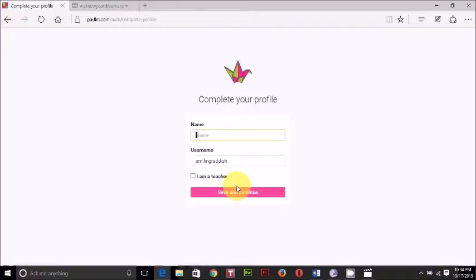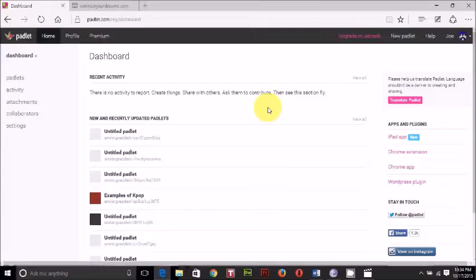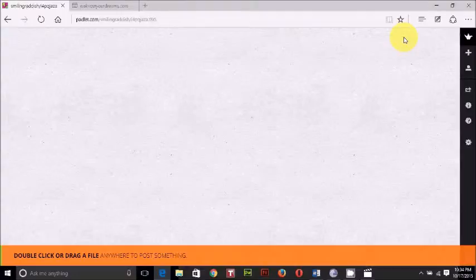And if I'm a teacher, so I'm just going to let them know my name. And then I'm going to indicate that I am a teacher. And log in. And when you log in, it brings you here to the dashboard. And what you need to do from here is click on New Padlet. So you cruise on up here, click on New Padlet, and it is creating a new Padlet for you and